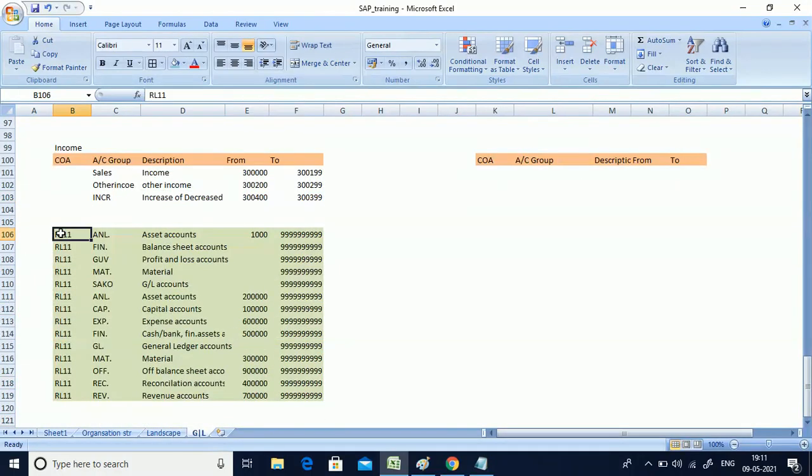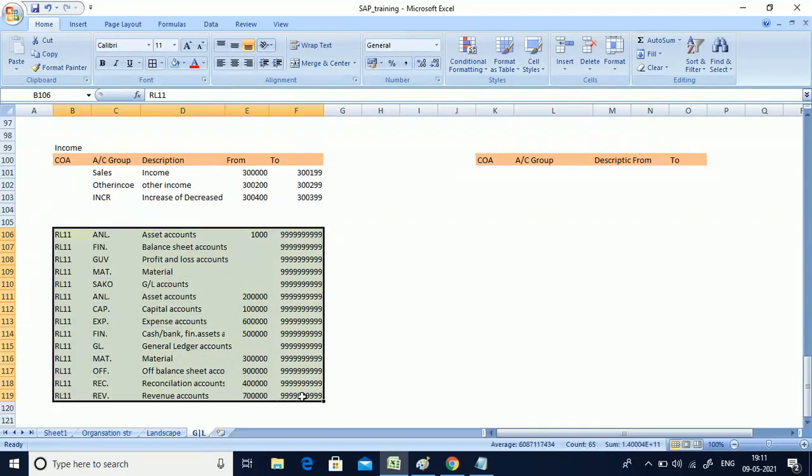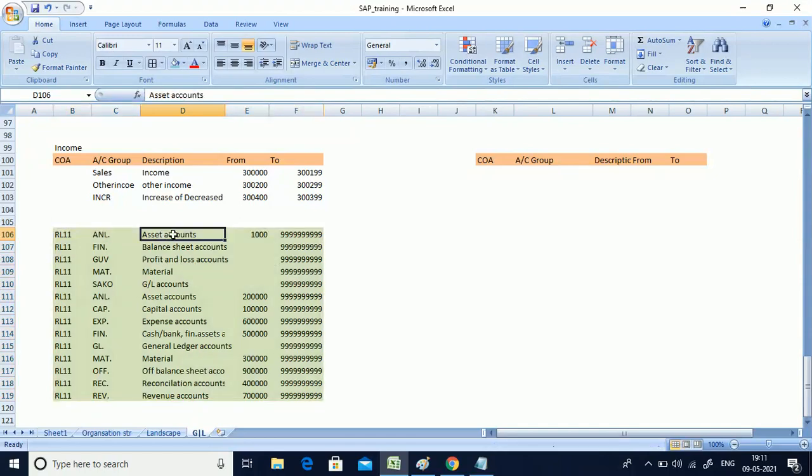And also in the real time scenario we can see a couple of organizations prefer like that, their assets account should be from this series to this. Your balance sheet account they have not defined, so you can enter any number except this one. Okay, and